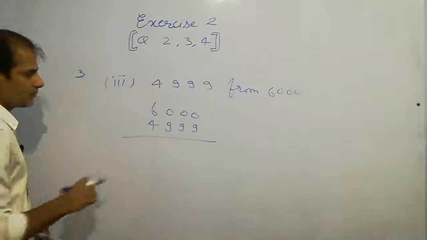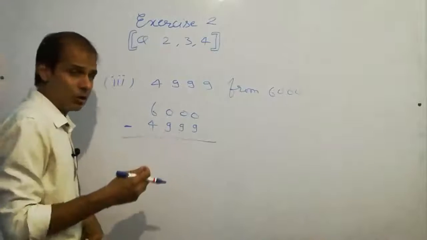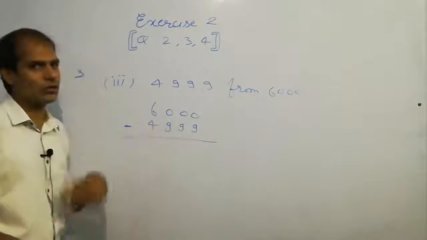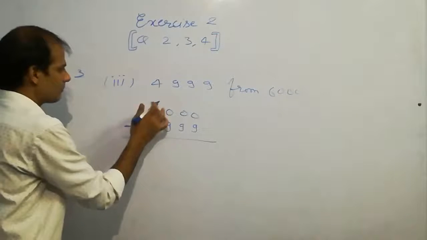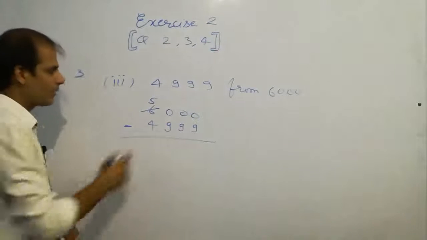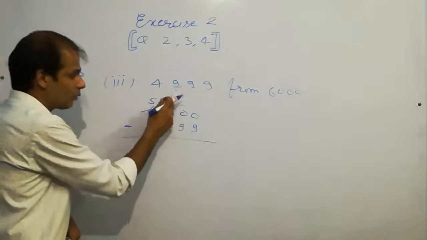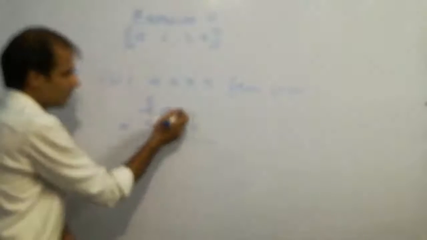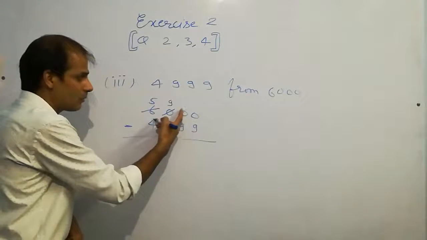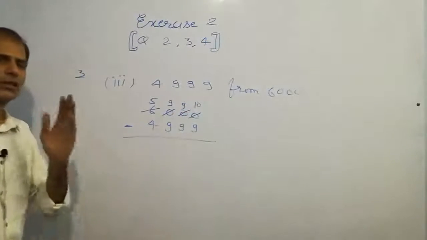Now you can see that 0 minus 9 is not possible, so we have to take a borrow, but again here it is 0, we cannot borrow, here also it is 0 so we cannot borrow, so we will borrow one from 6, and it becomes 5, then it will become 10, but we will give one borrow to that digit, so it becomes 9. Now it becomes 10, but we will give one borrow to the next digit, so it will become 9 and it becomes 10. Listen again.